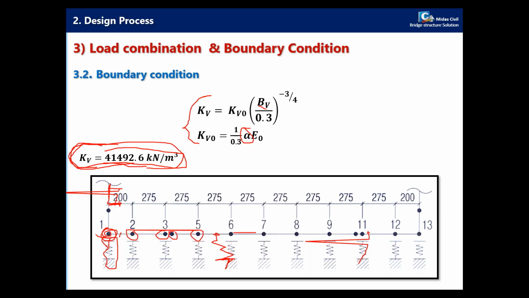So you need to use those rules you learned in finite element analysis to specify the distance between the springs for the boundary condition to simulate the soil. So after calculation,